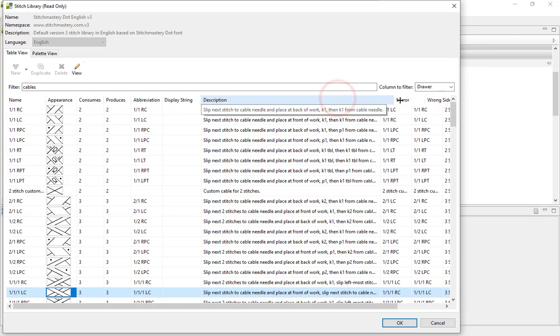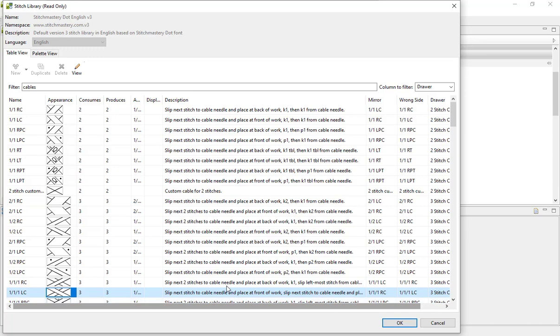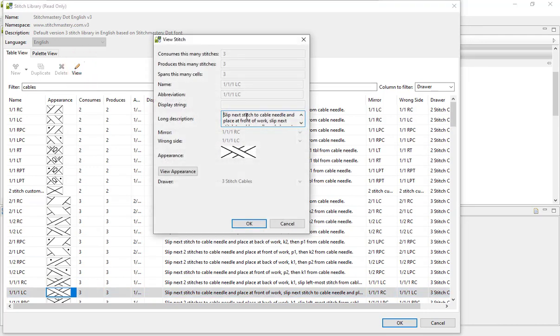You can drag this to extend in both directions if it's a very long instruction. When you hover over it, you also get the instruction showing up, so you can read it there. If it's a very long description, or you find it difficult to read in this area, you can come to view for the particular stitch. So I've selected the stitch and come to view, and in the long description box you can actually copy and paste that into another program to view it in a slightly easier to read format. So that will let you see exactly how we are suggesting that the stitch is worked.